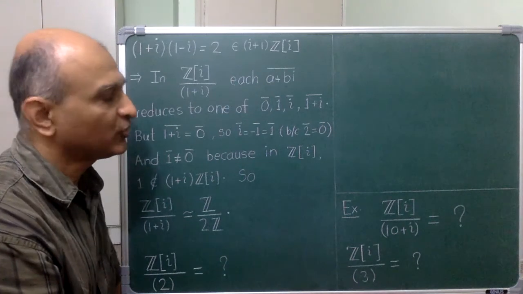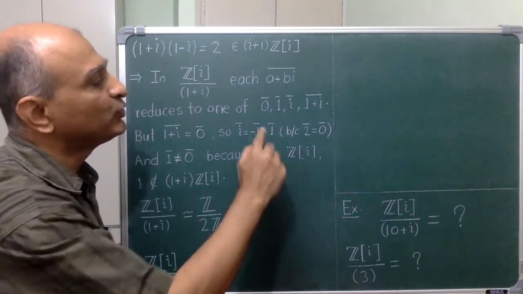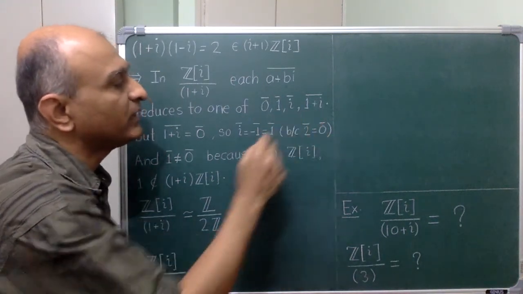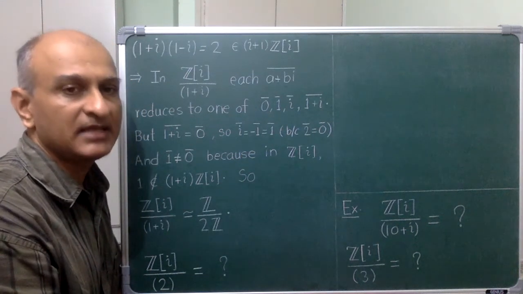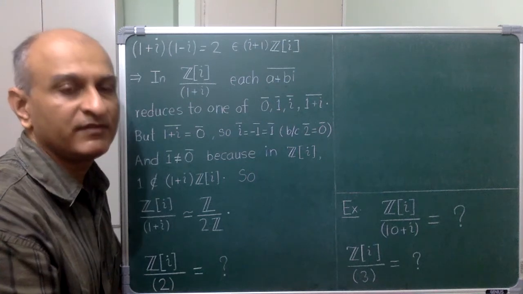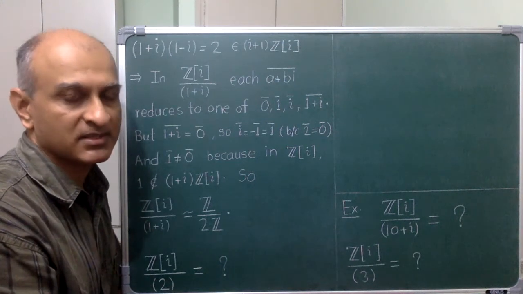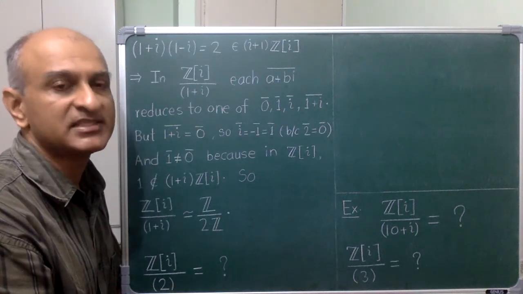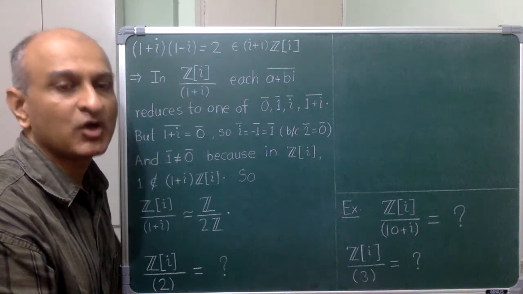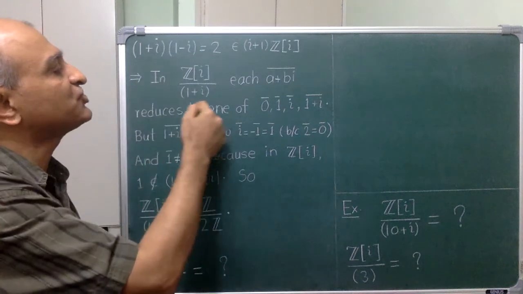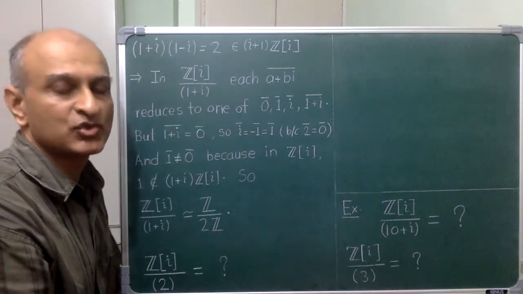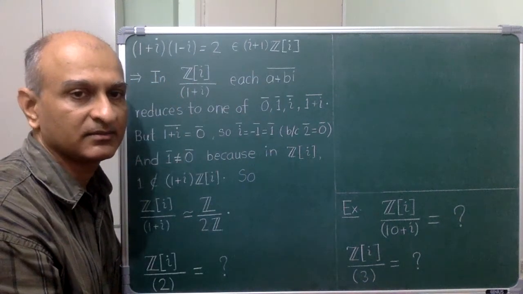Alright, a quick comment. Here I have dutifully put bars everywhere to indicate congruence classes. In practice, people are rarely this finicky. We will also mostly drop the bars because psychologically this is better. It should cause no problems as long as I clearly specify which ring I am working in. So you should get used to this idea.